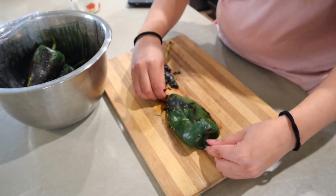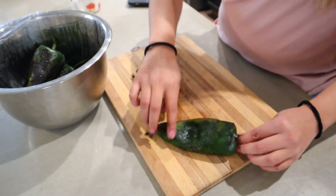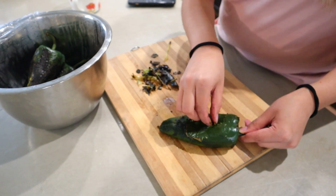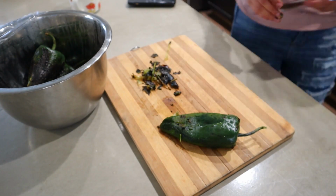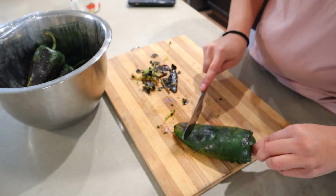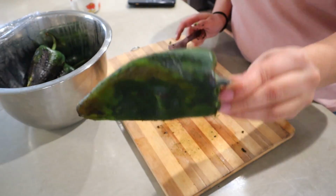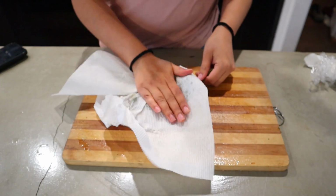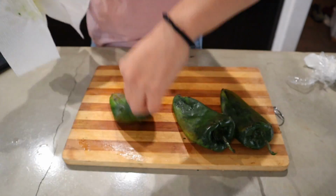I'm not exactly sure why you even do this step, but I know it makes a difference and I would not do it otherwise. This is how my mom taught me to do them, so I've just kept that tradition. And yeah, so all you do is you peel off that skin. You can help yourself with a butter knife, but just make sure you take all of it off, and then do that to all of your peppers, and then just quickly rinse them under water, pat them dry, and then